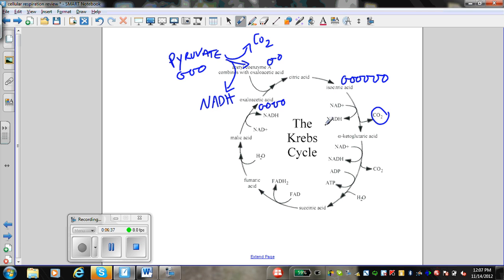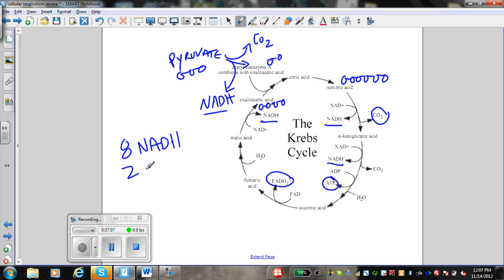Notice that we made some NADH here, here, here, and here. So there's a lot of NADH being made in the Krebs cycle. We also make FADH2, which is very similar to NADH, and that is an electron shuttle. So we're going to use those later on in the electron transport chain. Notice as well that we make 1 ATP for 1 turn of the cycle. So 1 pyruvate coming in, we basically get 4 NADHs,